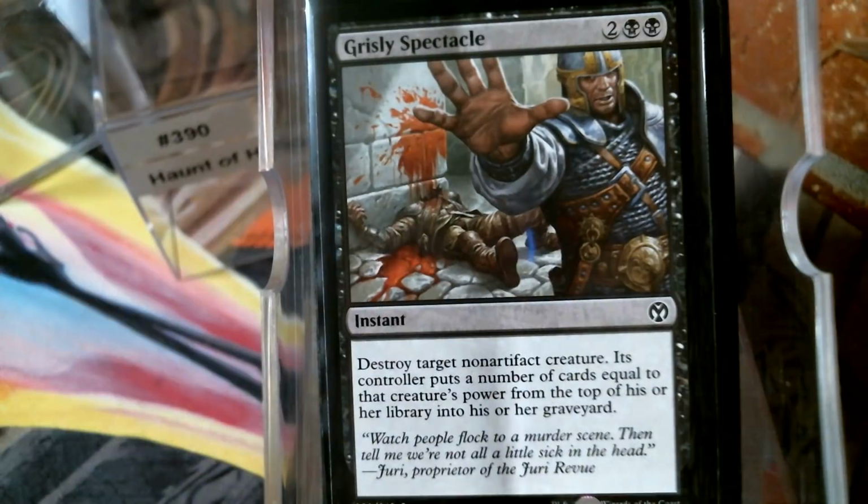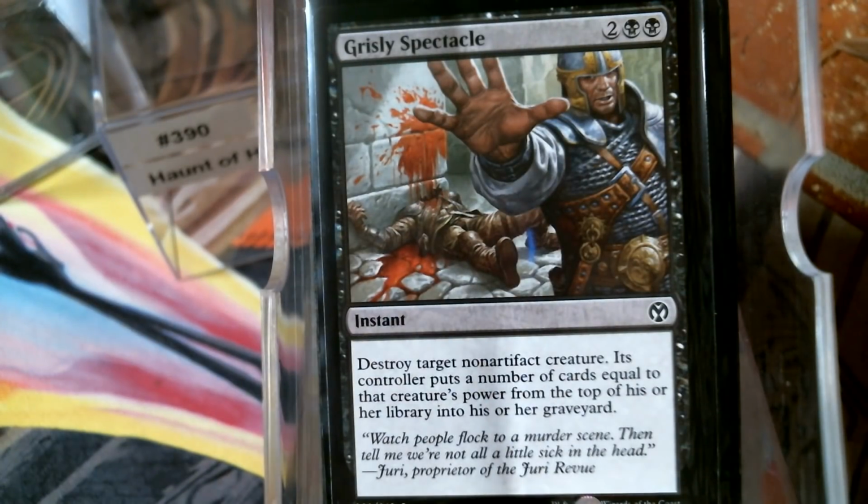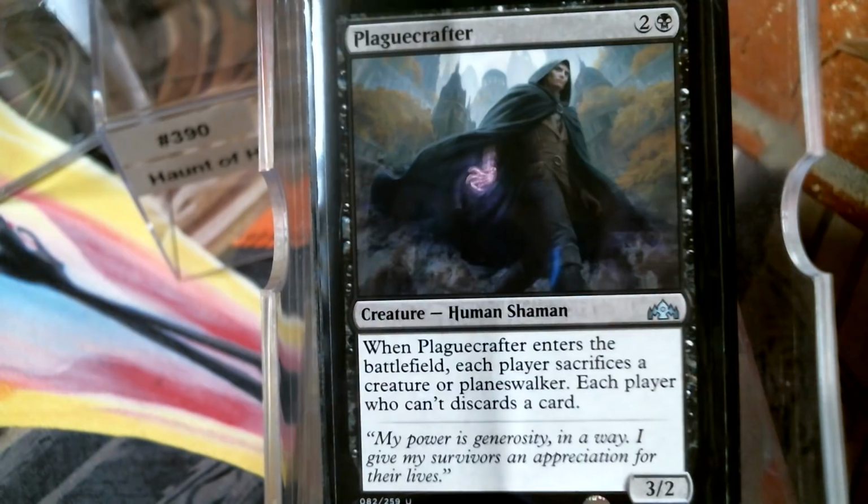Grisly Spectacle. Now this made for the deck. Pop a dude and then mill. So it's like Christmas. I get to kill the dude and mill the stuff and get all the counters. Oh, I love it. Plague Crafter. Hey guys, let's all sack something. It's fine. That's a whole bunch of cards in graveyards. Slum Reaper, kind of,